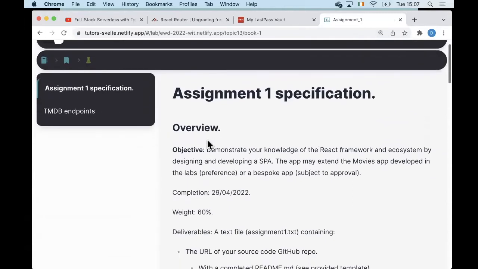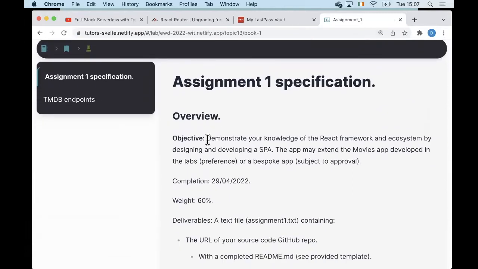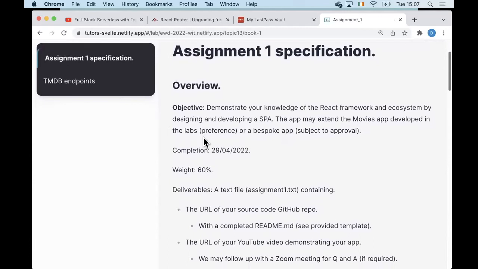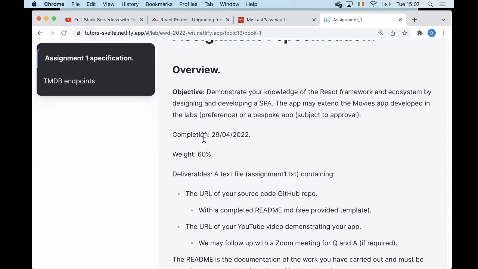So it should be no surprise to you that the objective of the first assignment is to take the movies app that you will have completed after next week's lab and then build on top of that. If you want to do something other than that, you need to consult with us beforehand, and we need to give you the okay. But I'd be inclined to encourage people to take the option of taking the movies app and build on that. Because if you're starting from a clean slate,